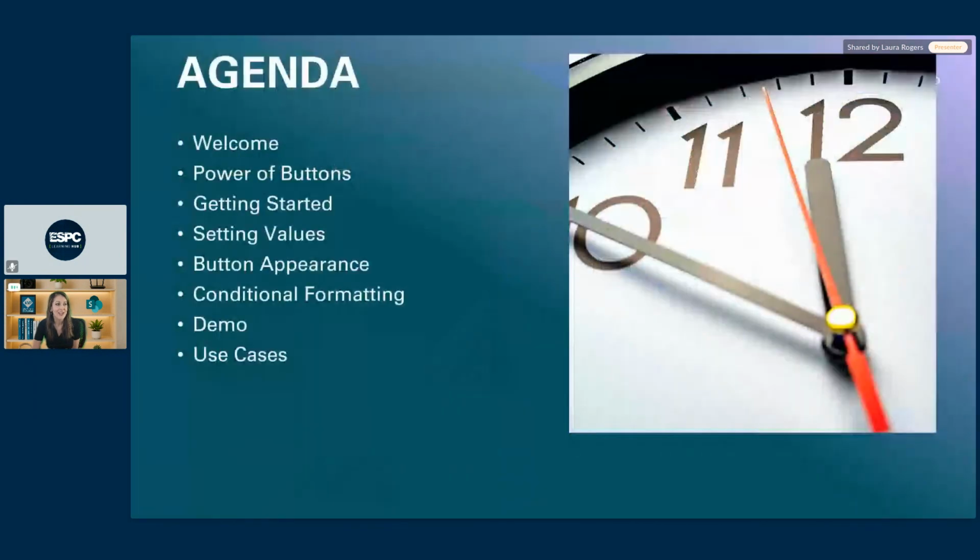Here's the agenda for today. We're going to talk about this concept of having SharePoint lists and libraries and having the ability to provide a simple button for end users to click to take an action on that item. Currently you can select items in lists and libraries, and then select things from the toolbar, such as kicking off flows, doing quick steps. With this concept, you're going to be able to create a button using JSON to trigger different types of actions. So we're going to talk about the power of these buttons, getting started, concepts with JSON.